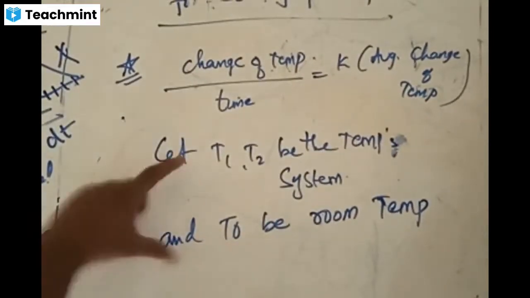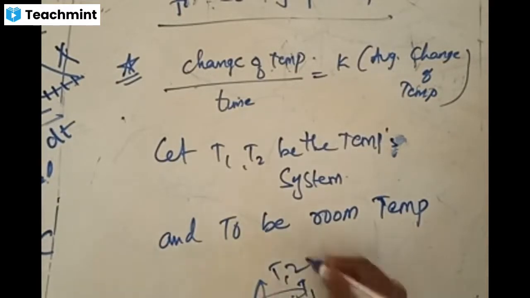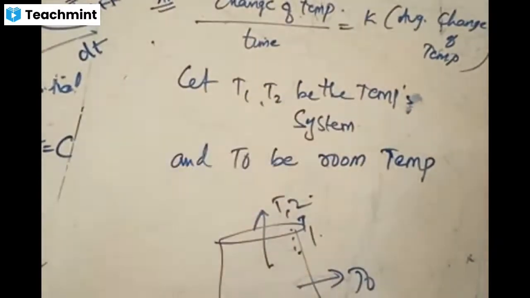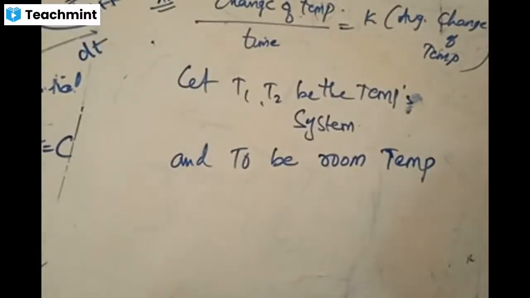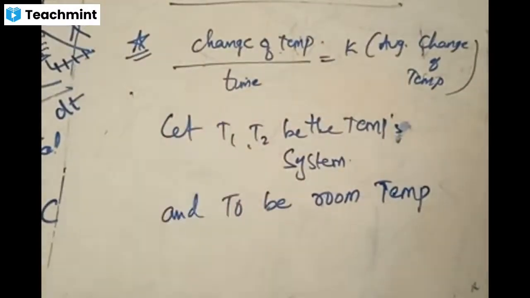Yes or no? Are these three terms clear? The system is heated to a temperature of T2. It is cooling down, it is coming to T1, and it keeps on changing. But every time, with different T's, it is interacting with the surrounding temperature T0. T1 and T2 are the temperatures of the system at two different time intervals, and T0 is the room temperature always. Are these three things clear? T1, T2 and T0.